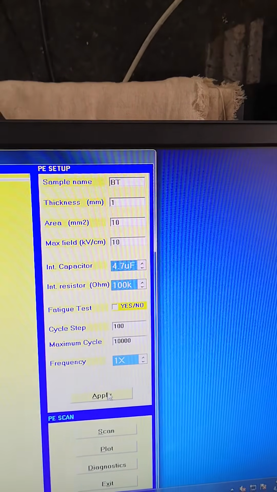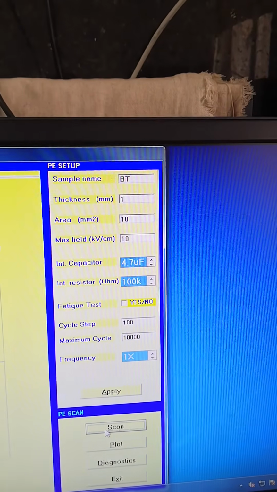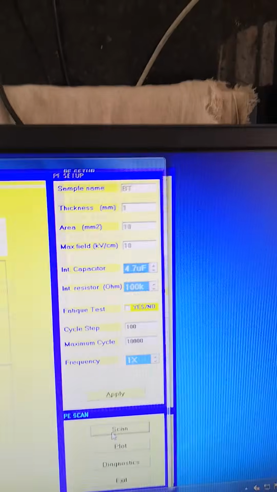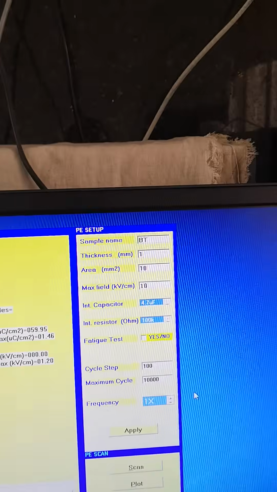Now again if I apply, sorry, okay, so I am back to 10.